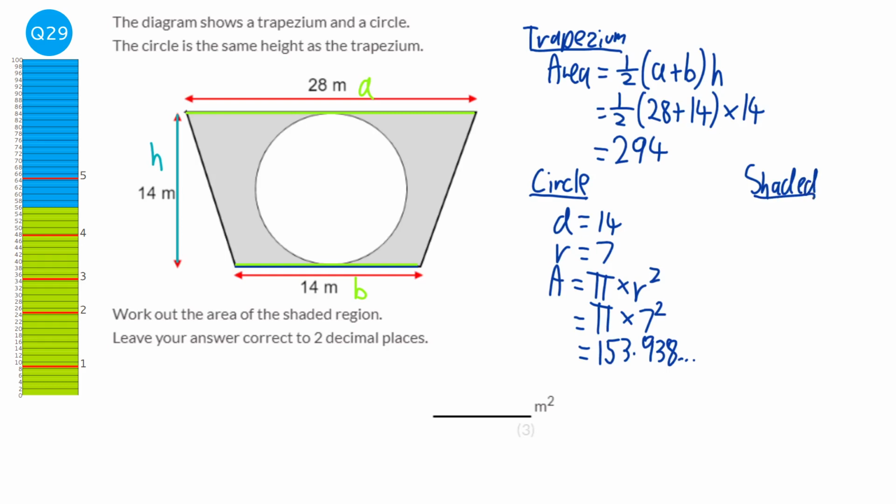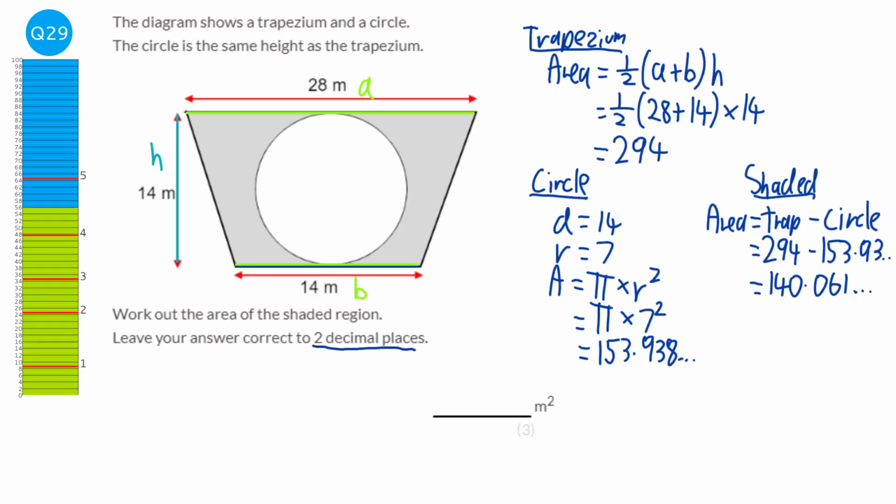and it says we want to work out the area of the shaded region. So the area will be the total area, which will be the trapezium, take away the area that we don't want, which is this bit here, which will be the circle. So the trapezium's 294, the circle's 153.93, blah blah blah. And when you do that, you get 140.061, blah blah blah. It says it wants it to 2 decimal places, so it would be